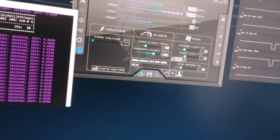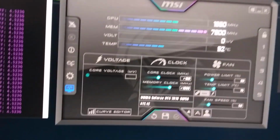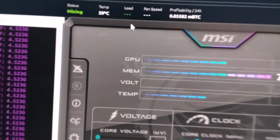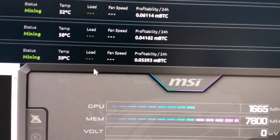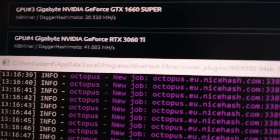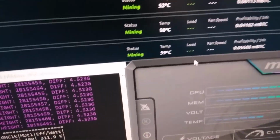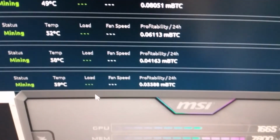I've got a Gigabyte card from the 1660 up there as well. Let's just have a look. I'm going to hide the last card. So right now, this is actually making more Bitcoin than the 3060 Ti, which is on LHR. We're not on the new MB miner with that just yet though. So it's making more due to this spike, and that's where you've got to weigh up